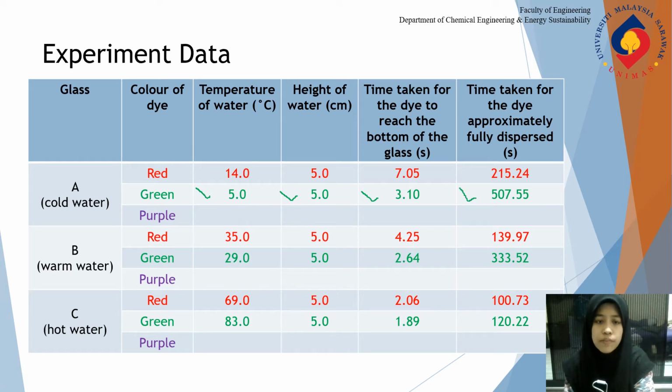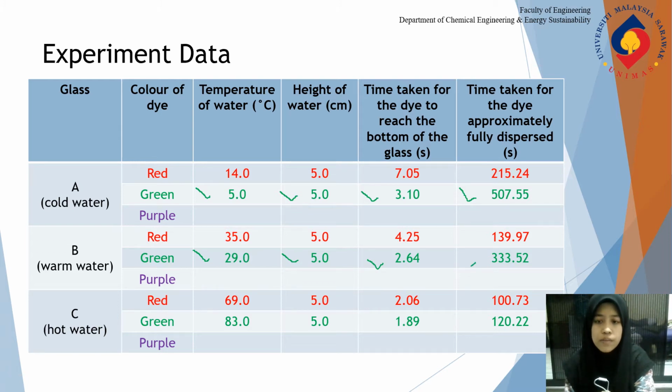500.55 seconds. Next, for glass B, which is warm water, the temperature of water recorded was 29.0 degrees Celsius, and height of water is 5.0 cm. Time taken for the first drop of green dye to reach the bottom of the glass is 2.64 seconds, and time taken for green dye approximately fully dispersed is